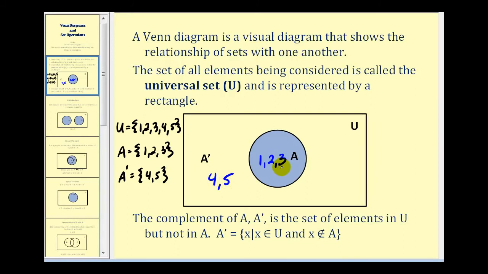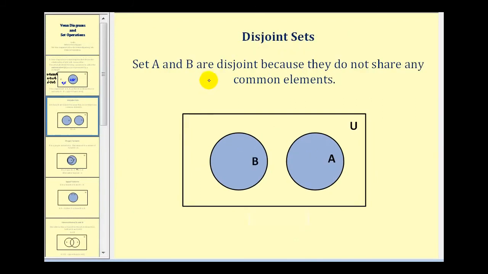outside circle A. Set A and B are disjoint if they do not share any common elements. So using a Venn diagram, set A and set B would not overlap. So here if the universal set was a set containing 1, 2, 3, 4, 5, 6, and set A contained the elements 1, 2, 3,